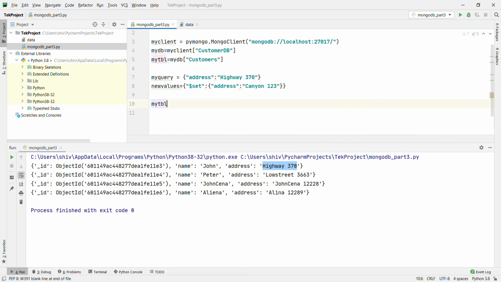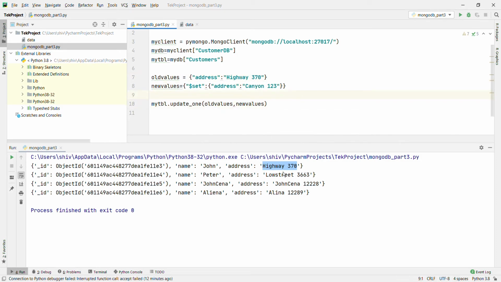My table dot update one, passing my query, that is the old value, and passing the new values. Instead of my query, you can use old values. That will look good: old values and new values. Okay, copy and paste. What will happen?